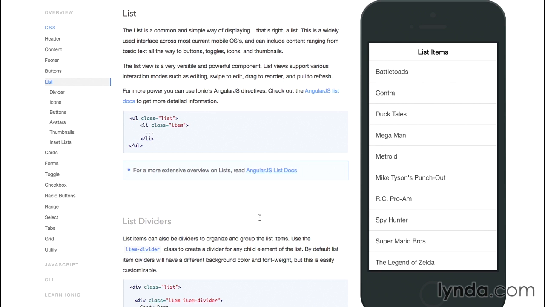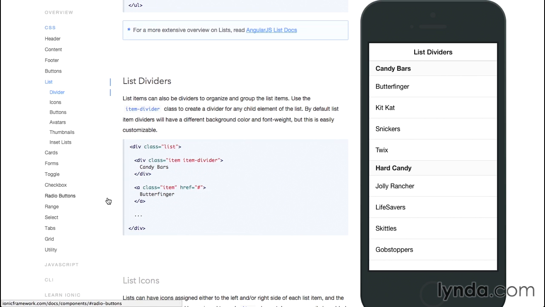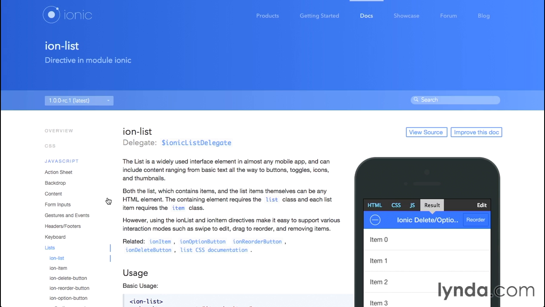Now, one thing that's confusing about looking at the Ionic website is that when you go to the CSS section and you see, for example, the documentation on list, you see here that you can code it as either a UL with a class of list and an LI with a class of list item. And then if you scroll down, you're going to see that you can do the same thing with divs. And that's great. But whenever you look at examples that were written with JavaScript and AngularJS sort of patterns,